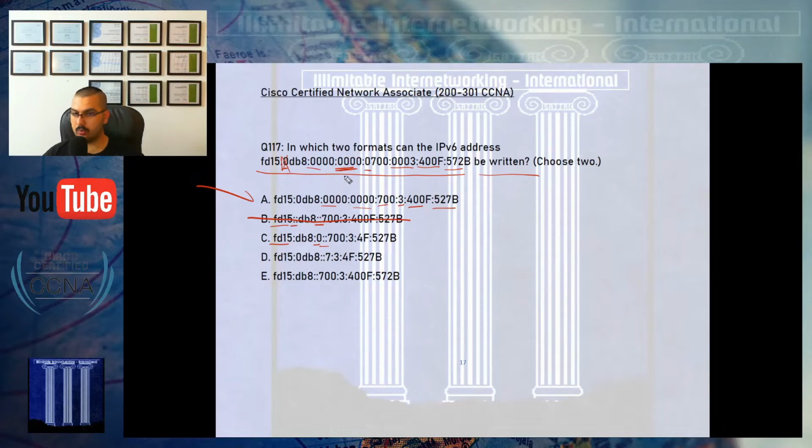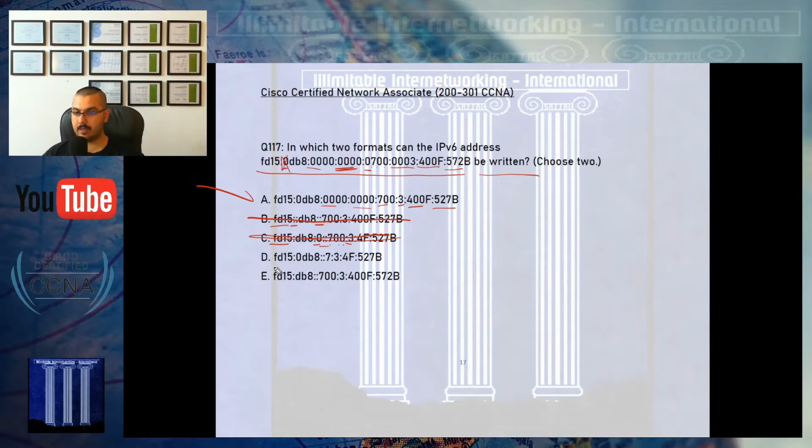So far we are good. Later there will be 700, and the zero on the left will be automatically injected. A3, no zeros, since they are on the left, will be injected. 400F, 4F, no, you cannot manipulate from the inside of a part,